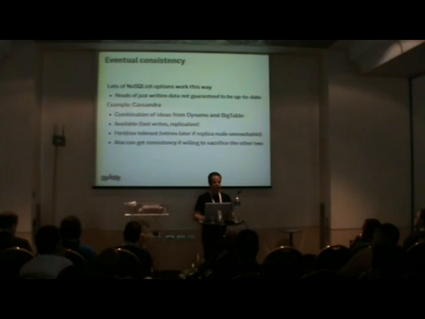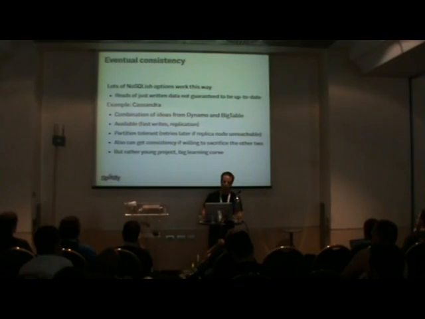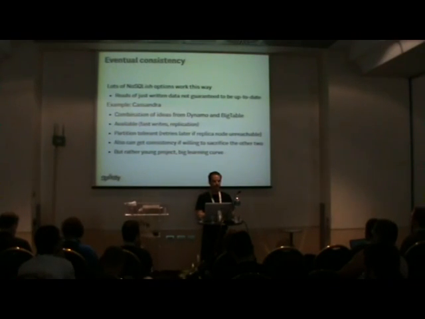But a nice bonus with Cassandra is that you can get some consistency if you really want to. You just have to sacrifice availability or partition tolerance. An example of how you do that is, when you have a specific request to Cassandra, you can say that you want to write with consistency level all, and that means you will write to every single replica that's configured for that Cassandra cluster before returning success and saying that the write worked. This obviously hurts availability and partition tolerance, because if one node is down or disconnected,